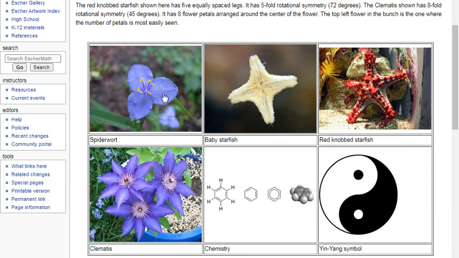What is the order of symmetry of this flower? Through how many degrees should it be rotated? 120 degrees, because there are 3 petals. So 360 upon 3 is 120 degrees. So the order of symmetry over here will be 3, because 360 upon 120. For the starfish, through how many degrees should it be rotated so that it looks the same? Through 90 degrees, the minimum angle. So 360 upon 90, that is, the order is 4.